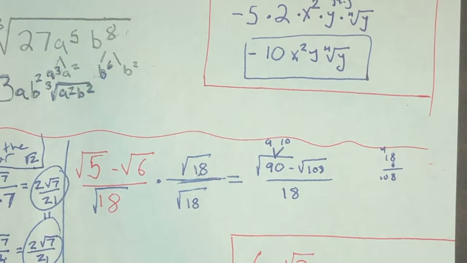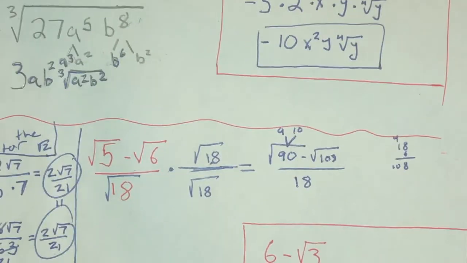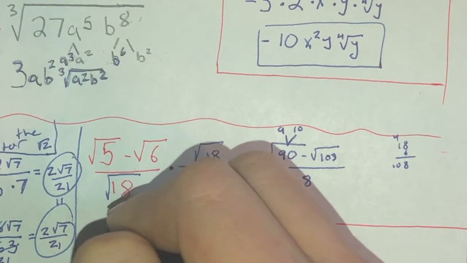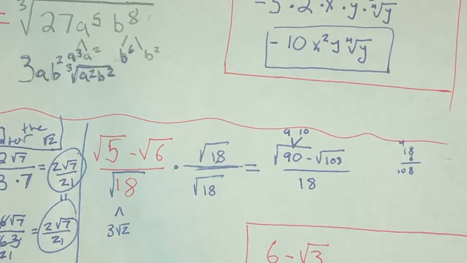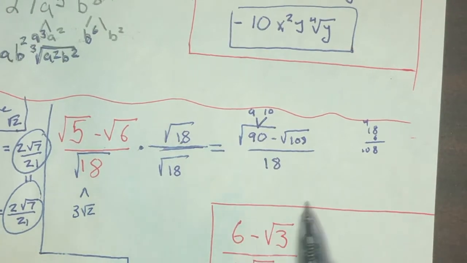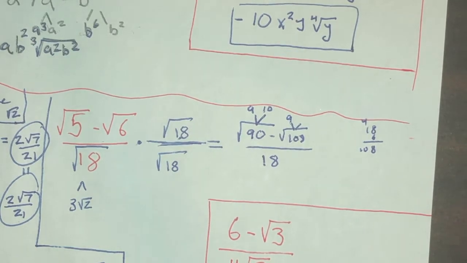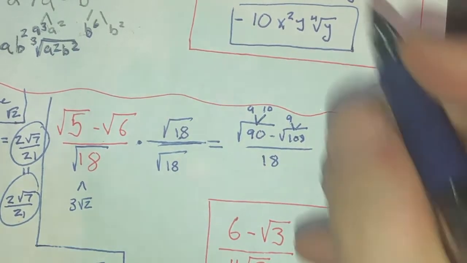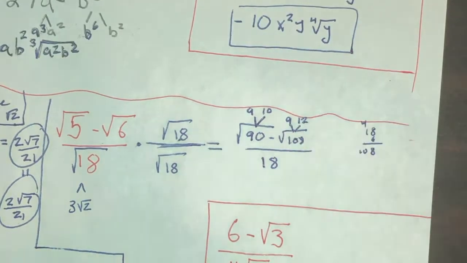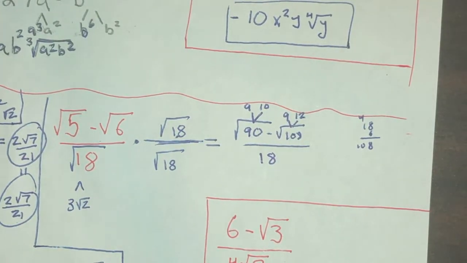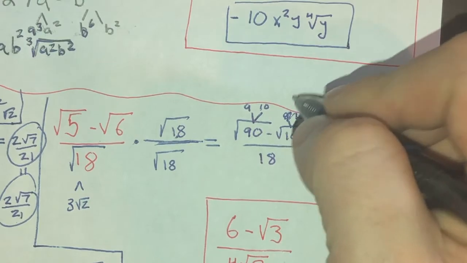All right. Now, 108. What goes into 108? I can already see that 9 goes into 108. Now, notice when you get the square root of 18, technically the square root of 18 is 3 root 2. So you could have rewritten 18, and I'll show you what I mean in just a second. So I've got 9 times 10, okay, and this is 9. Okay, 108 divided by 9. 9 goes into 10 once. 9 goes into 18 12 times. Okay, and so what that's indicating to me is that there's a bigger number that could have gone in there. And actually,